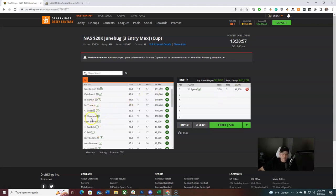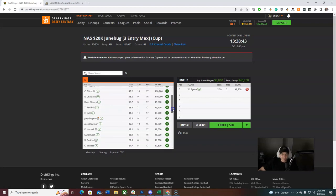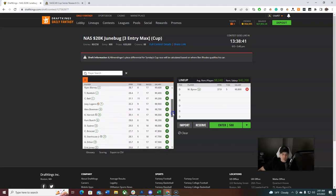9,800. Now, I did skip over my boy, Ross Chastain. I'm not sure this is the spot for him. I really like Ryan Blaney as well. Really fast in practice, potential to win, but can't really build around Ryan Blaney because where he's starting, he's really going to need to win or come really close to winning. So next up,